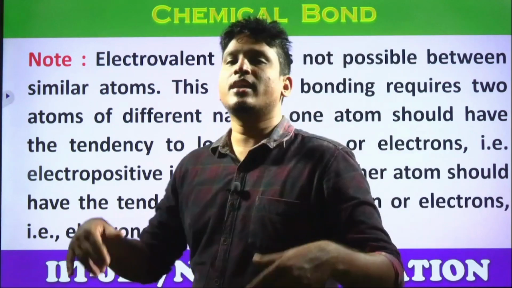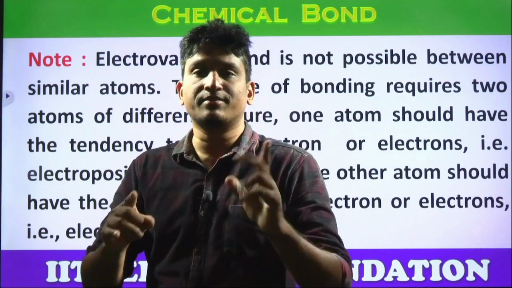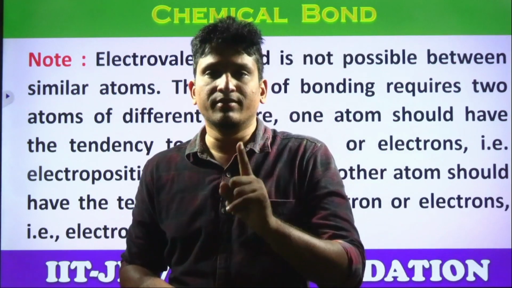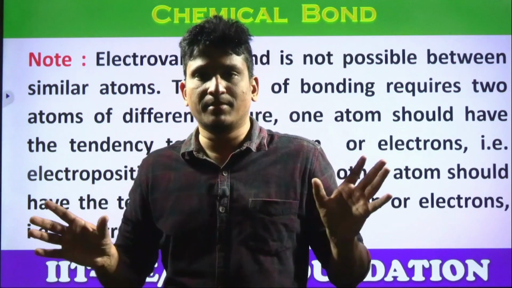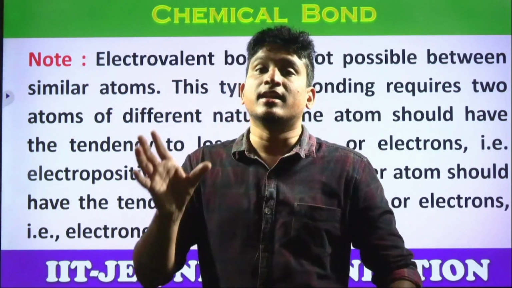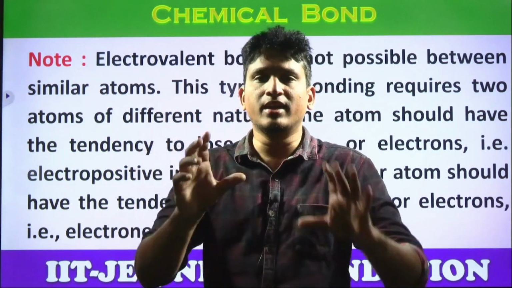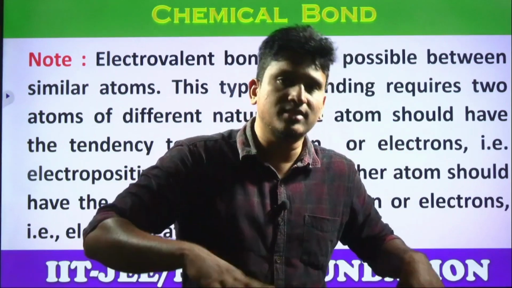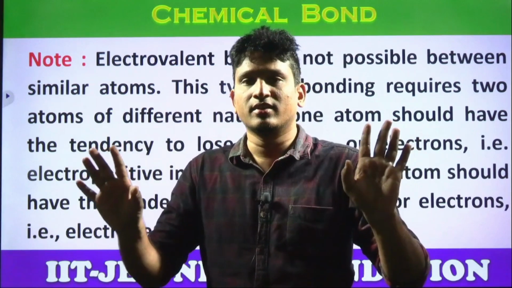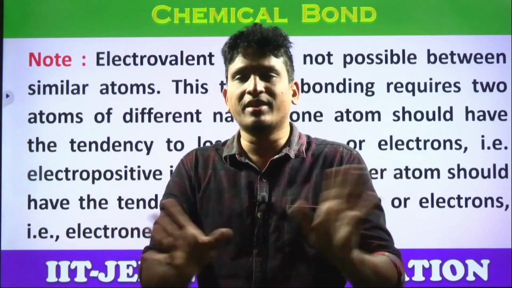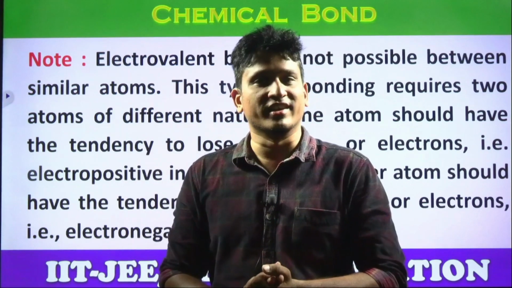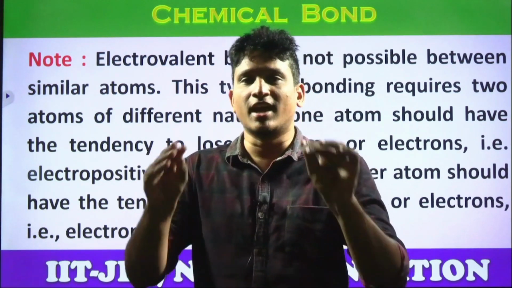This losing electron property is called electropositive nature. This gaining electron property is called electronegative nature. That means in the combining elements, one element should be highly electropositive and the other should be highly electronegative. What's the meaning of this? One should have a capacity to lose, the other should have a capacity to gain. Then only they will form ionic bonds. Yes or no? Sir, if they don't have the capacity, how will they bond? That is the next bonding, by sharing. So here focus on ionic only.